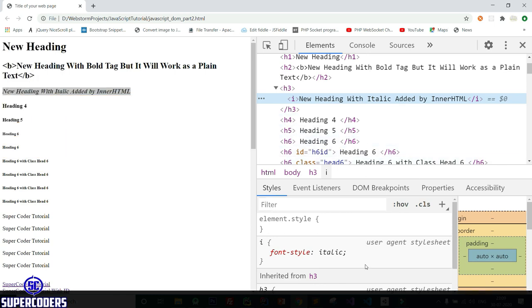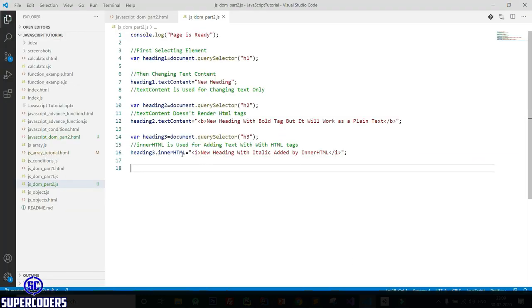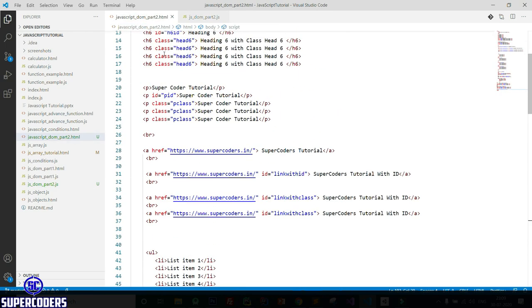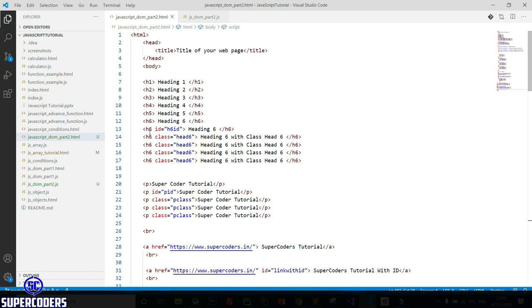Now let's see another example. So again here, now let's see how you can select this element using querySelector. Earlier I showed you how you can select using document.getElementById, by id, but now let's see how you can access this element using querySelector.